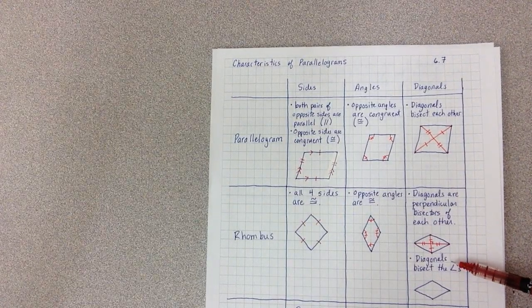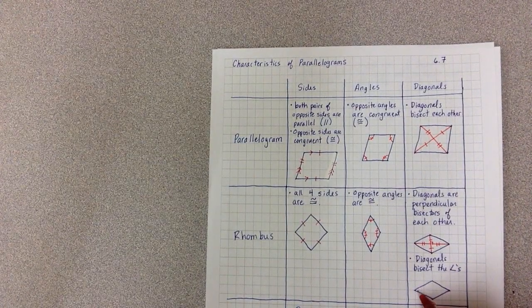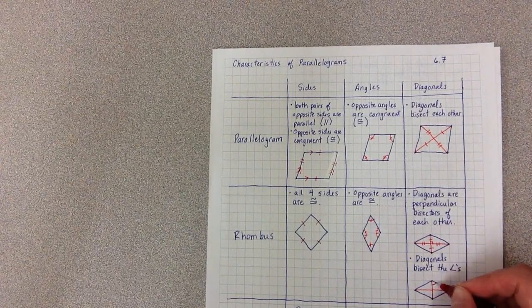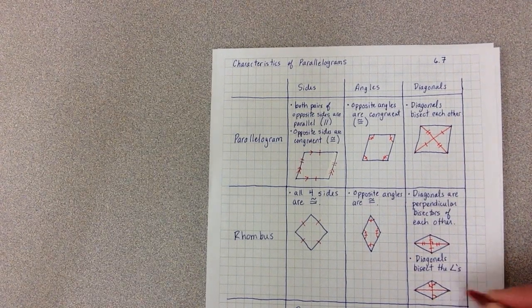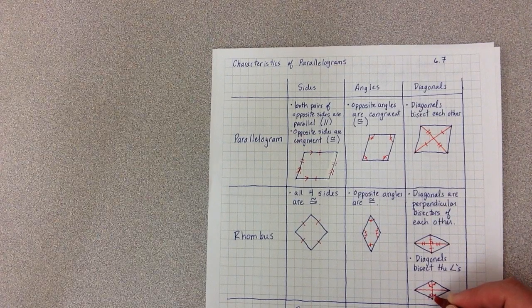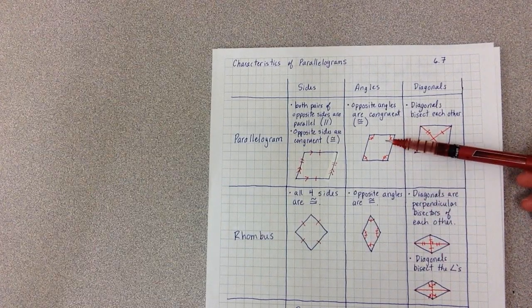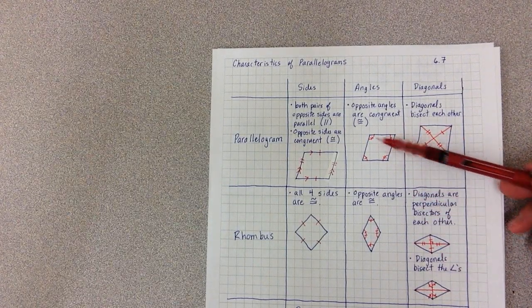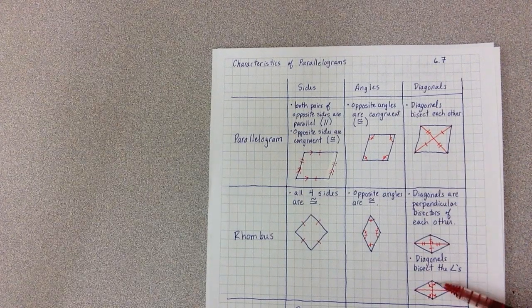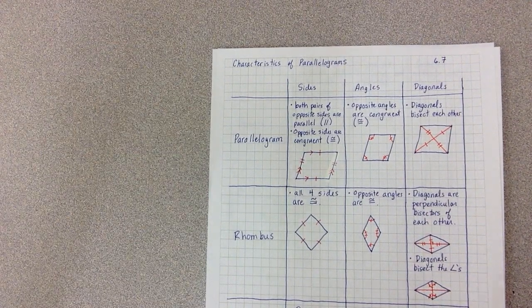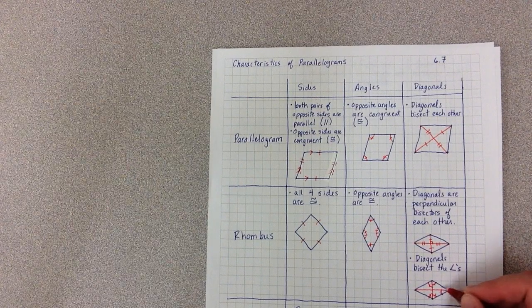Also, the diagonals in a rhombus bisect the angles. So we have our diagonals. And so now we have that this angle is congruent to this angle, and this angle is congruent to this angle. Now remember, the opposite angles in a parallelogram are congruent. So if these opposite angles are congruent and the diagonal cuts them both in half, then all four of these angles are going to be congruent. And that same thing works